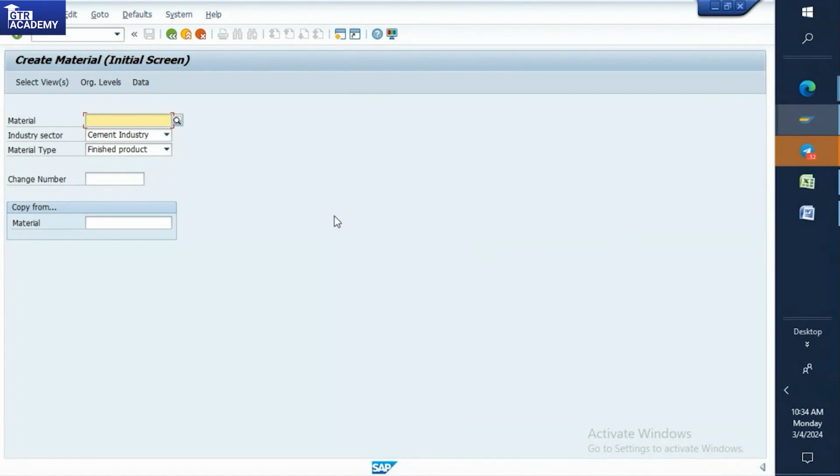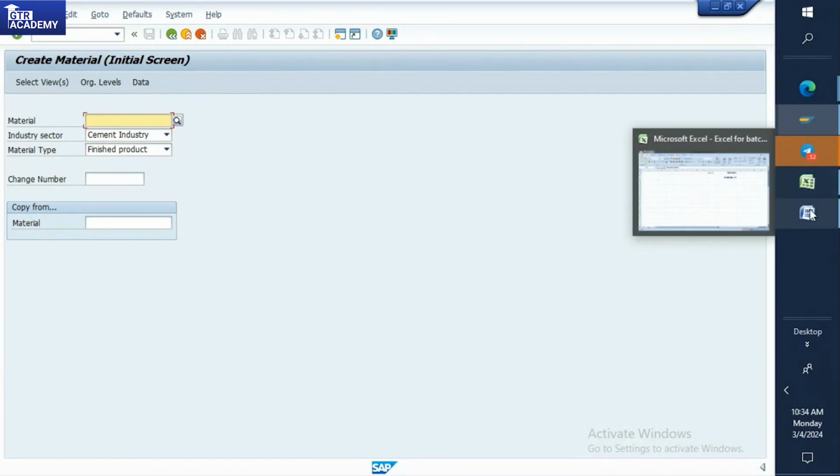Okay. Okay. So if you have any doubt, you can ask. We can define the material group also. I'll show you that configuration setting. Okay. How to define the new material type, how to define the new material groups, and a few of the field selections, how to make them mandatory and all. I'll show you. Okay. And one more thing,